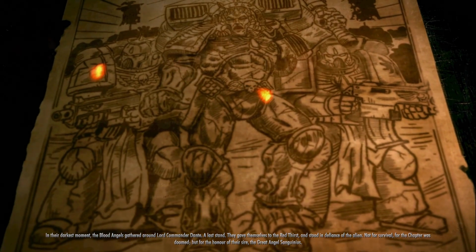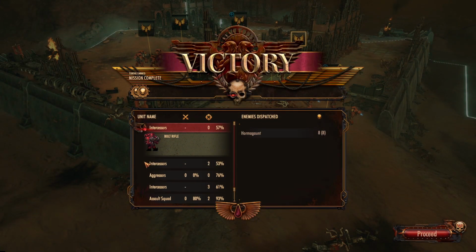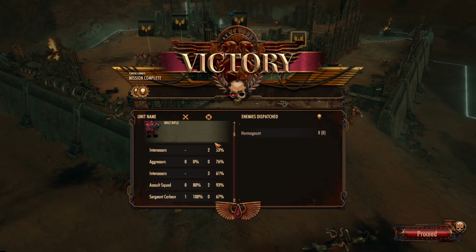Taking a look at our victory screen, we can see we have earned 2 tokens, something we'll come back to soon. Also, we have a nice breakdown of our units and their abilities. We can see here our Intercessors had no melee attack and a 57% range accuracy, appearing here for some reason as our MVP. We also have a full breakdown of all the units under our command and an explanation of